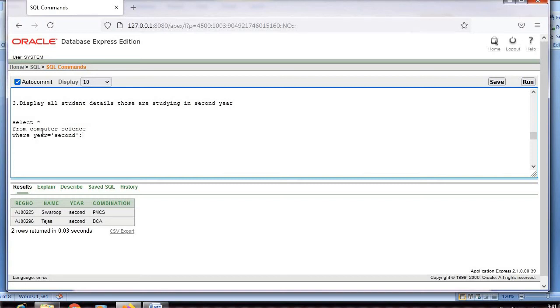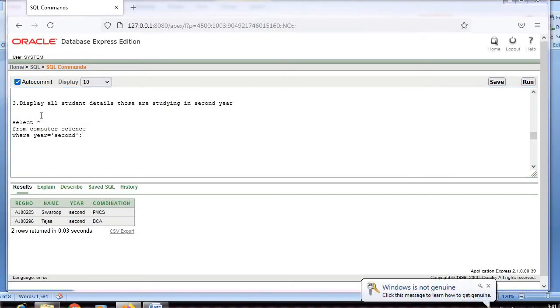And how this works is, it goes to the computer science table and sees which are the students who are studying in year second. Okay, it sees the year, whoever is studying in second year. If it finds those second year students, it displays their result, which you can see here. So Swaroop and Tejas were studying in which class? Second year class.